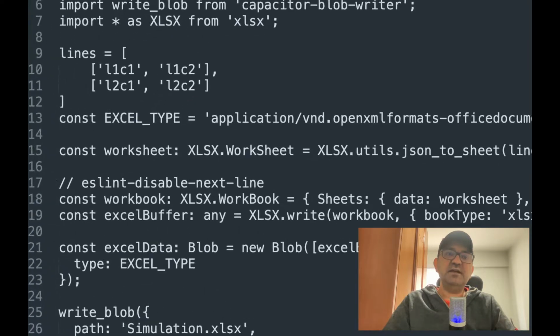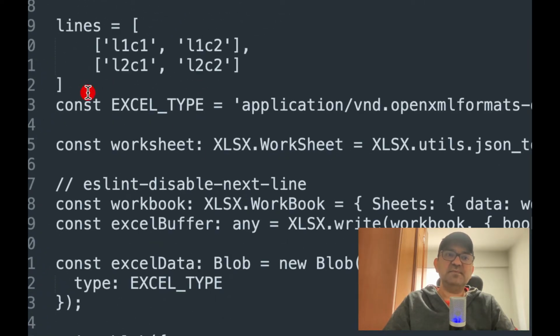If you have an array like this one and you want to save it as an Excel file on a mobile phone like Android or iOS using Capacitor, this video may help you. So let's get started. First, you have to install a couple of